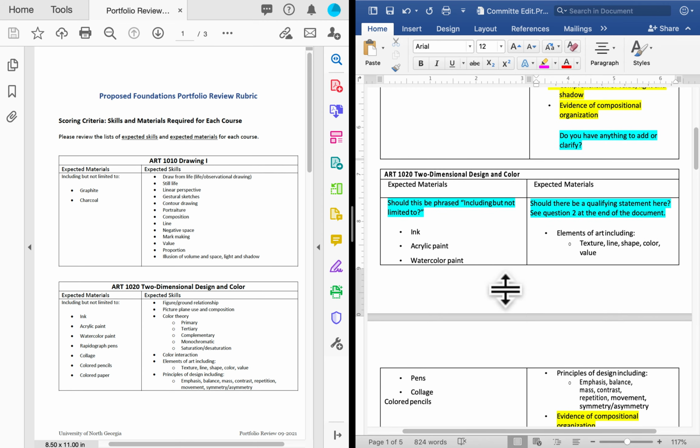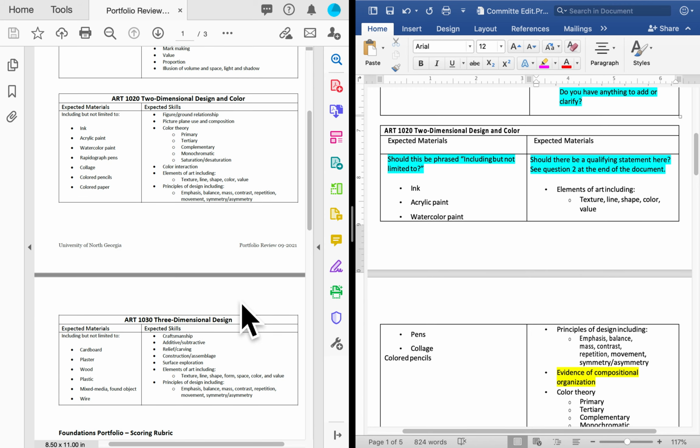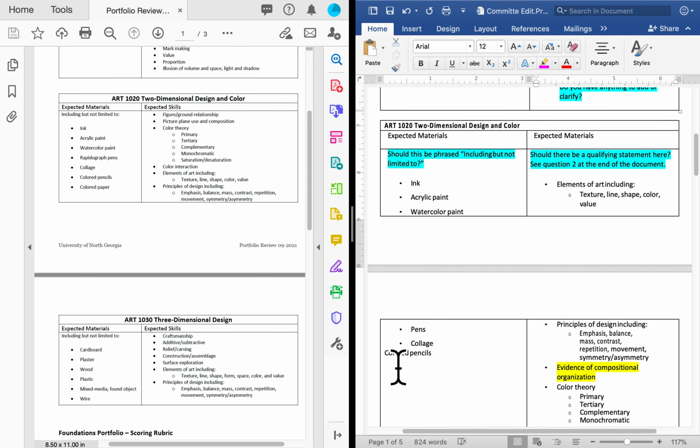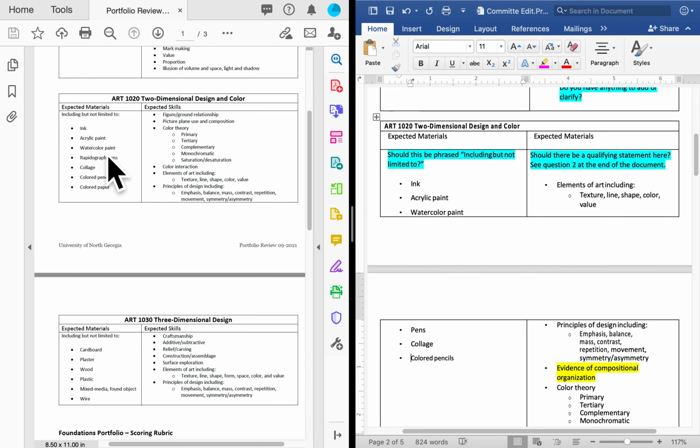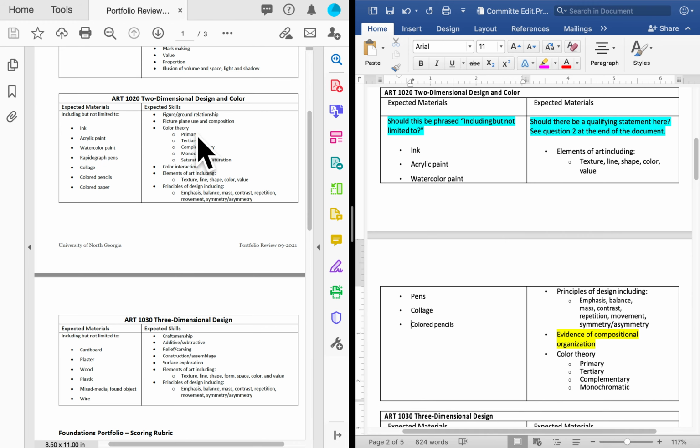The other class we're, of course, grading on is 2D design. I didn't really add anything. I did take the word rapidograph off and just put pins, because I feel like they may not know what rapidograph means. I also fused color paper and collage together because they're kind of the same thing. Figure ground relationship I got rid of because that's implied in evidence of compositional organization, which I added